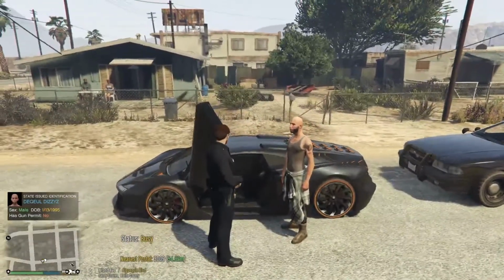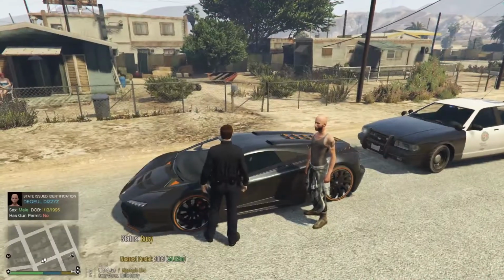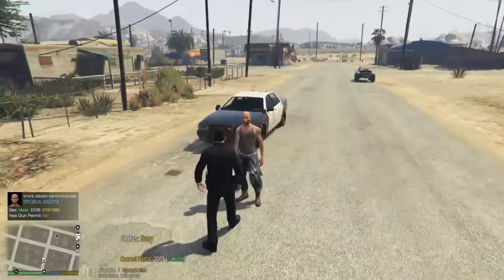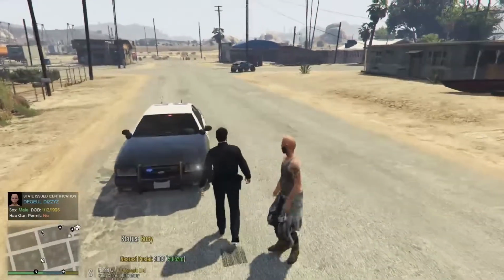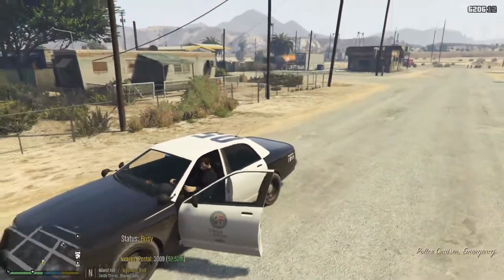Now the last thing we have to show for this mod showcase is RPH delete that vehicle. So you're just going to walk up this vehicle and you hit left control D and it's gone. Now that's going to be it for this showcase. This is the main plugins on my showcase, and